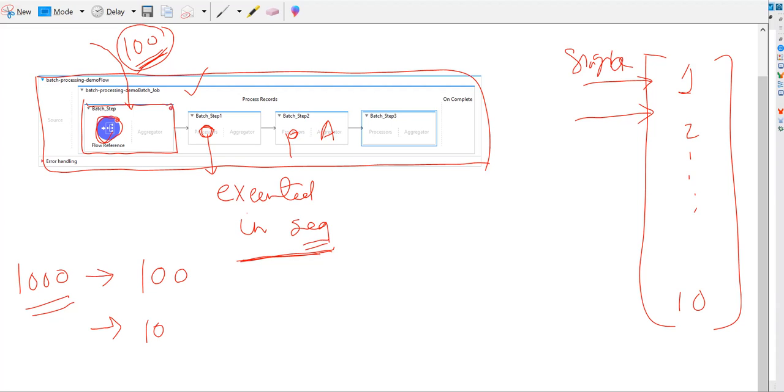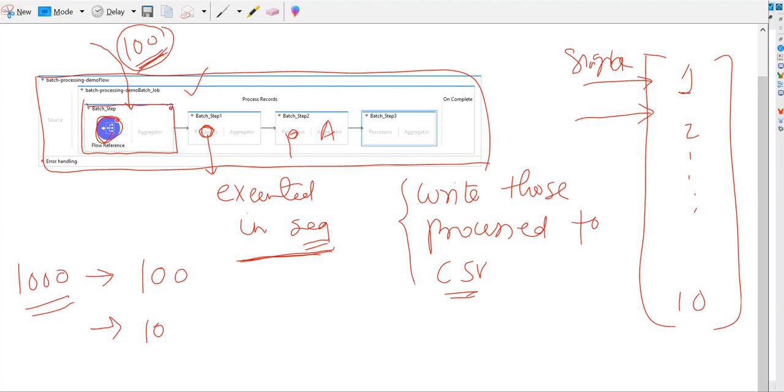I have a requirement: write those processed records to a CSV file. Now, do you think that once each is processed, I'll go and write it to the file, again one by one? No, that is not a good idea. I'll go ahead and write either 100 records in one shot to the file, or maybe sometimes